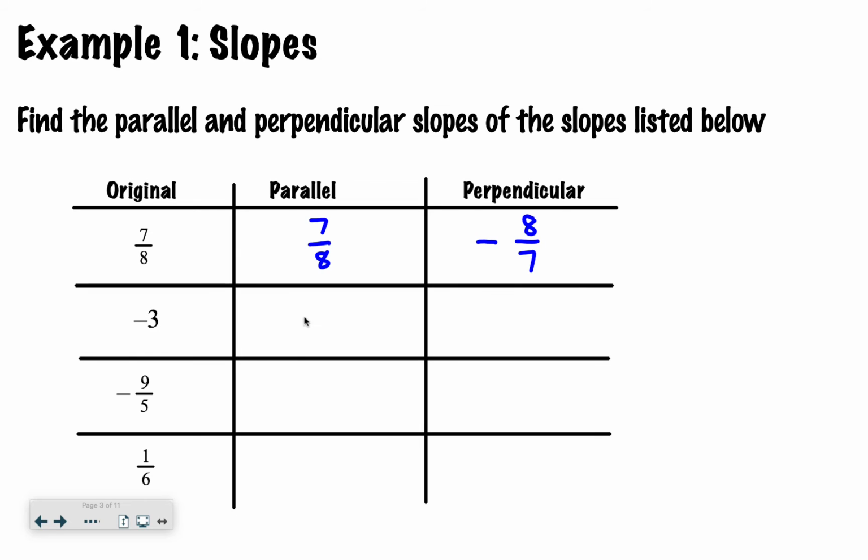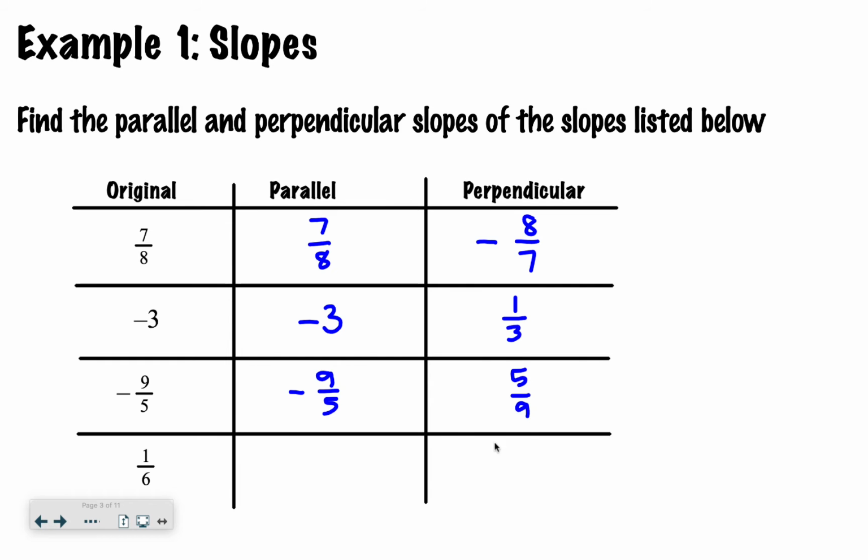Our original slope is -3, so our parallel slope is -3. That means our perpendicular slope would be positive. Instead of 3/1, it's 1/3. Our next one, our original slope is -9/5. Our parallel slope is -9/5. And our perpendicular slope is going to be positive